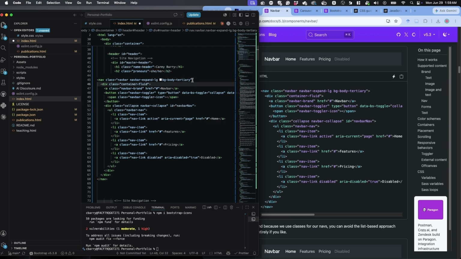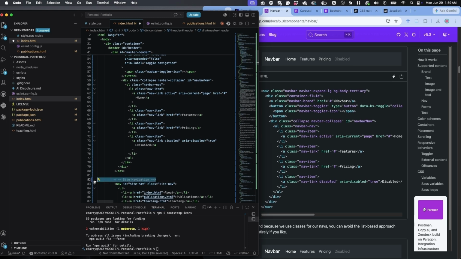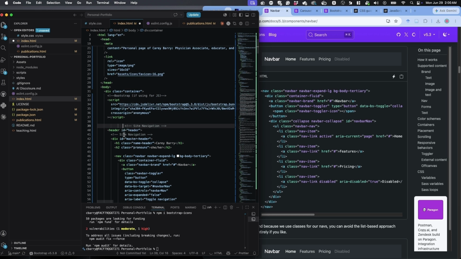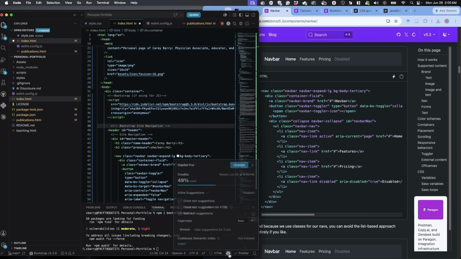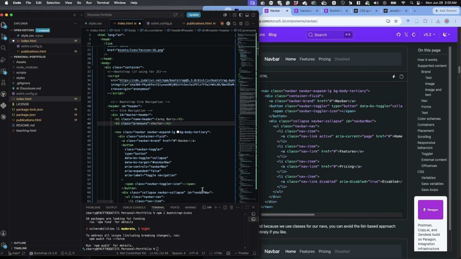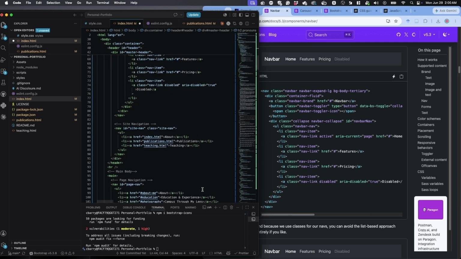And again, I'm going to fix the formatting. So this is the Bootstrap navigation. I'm just going to add a quick note to myself that this one is the Bootstrap navigation. And I will make sure that I snooze Copilot. So in placing that